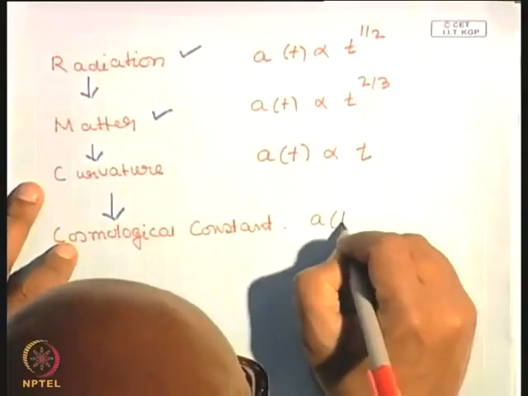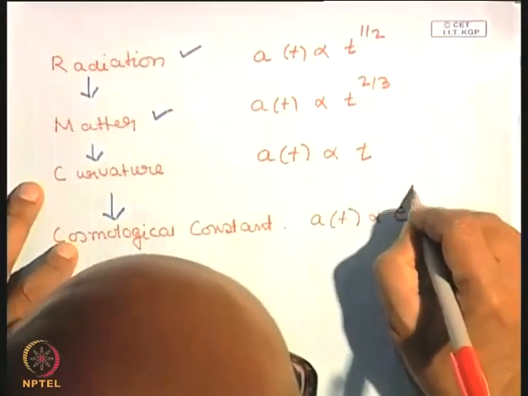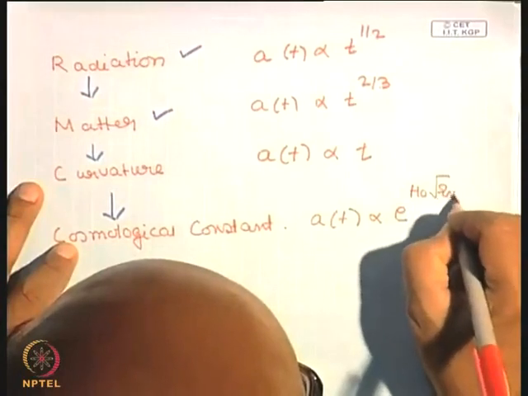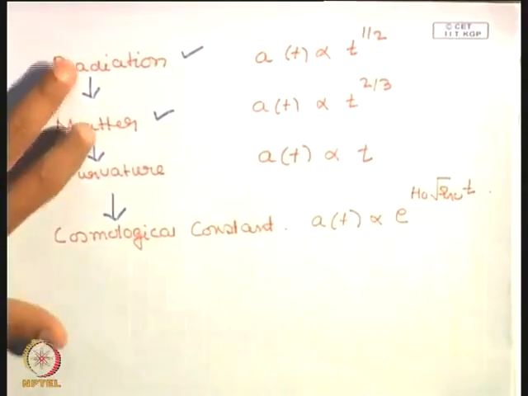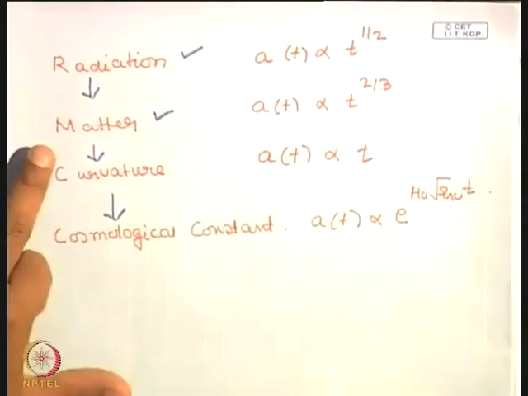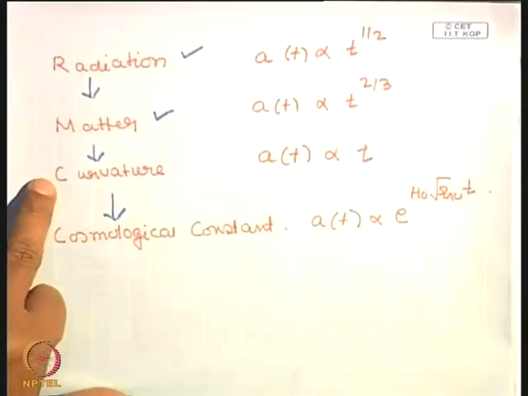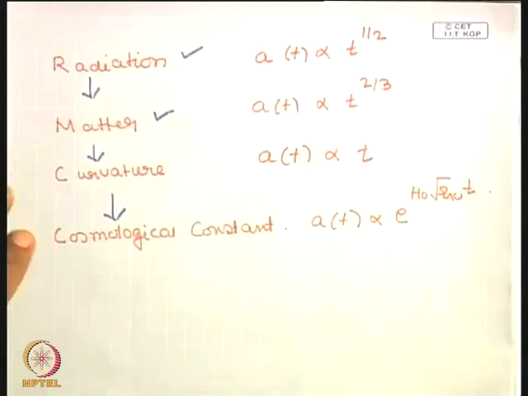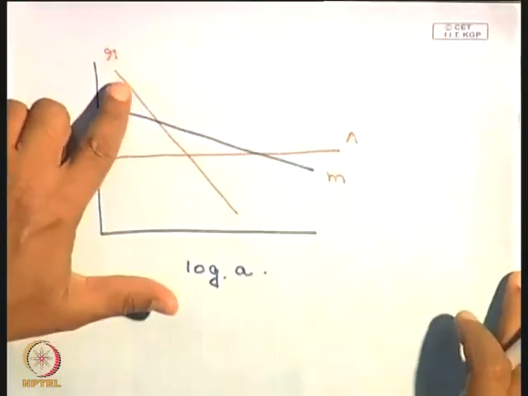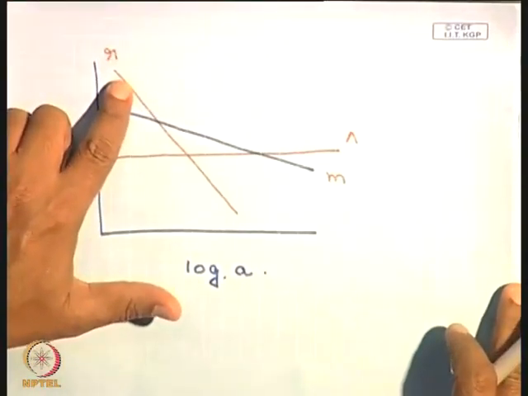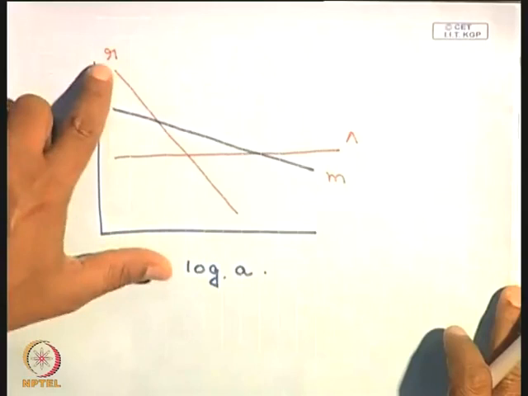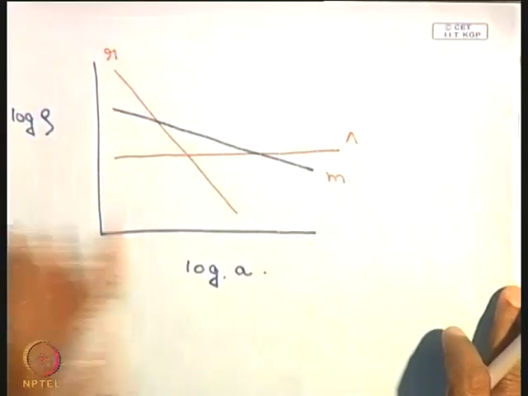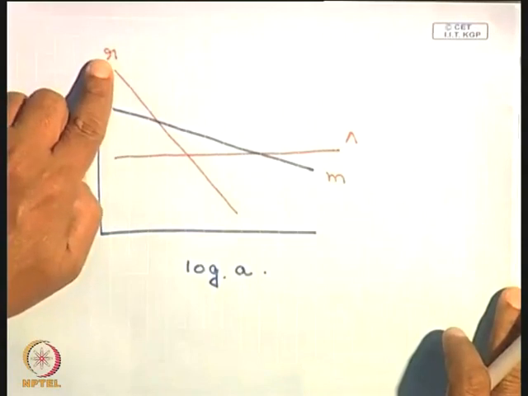Okay, so this summarizes the general behavior in a model we have, where we have the universe dominated by radiation, dominated by matter, dominated by the curvature, and dominated by the cosmological constant. So if I have a universe where there is a combination of all of these, then in this phase of the universe it will expand as t to the power half. In the matter dominated phase it will expand as t to the power, let us take a simple model where there is radiation, matter, and cosmological constant. In this model you will initially have a t to the power half,